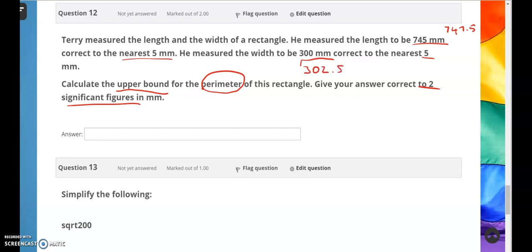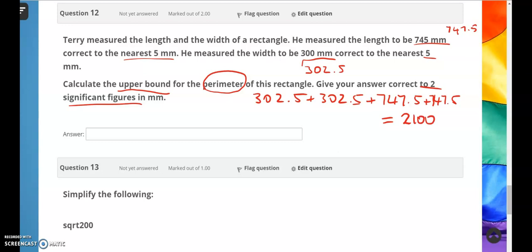And as we know, to work out the perimeter, we're going to have 2 lots of the length and 2 lots of the width added together. So we'll go 302.5 plus 302.5 plus 747.5 plus 747.5, which gives us exactly